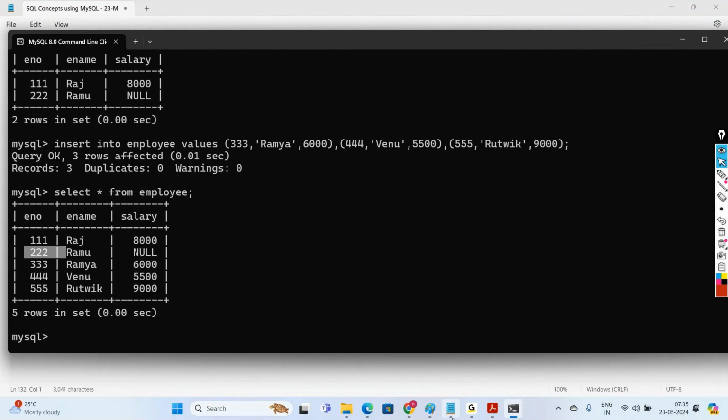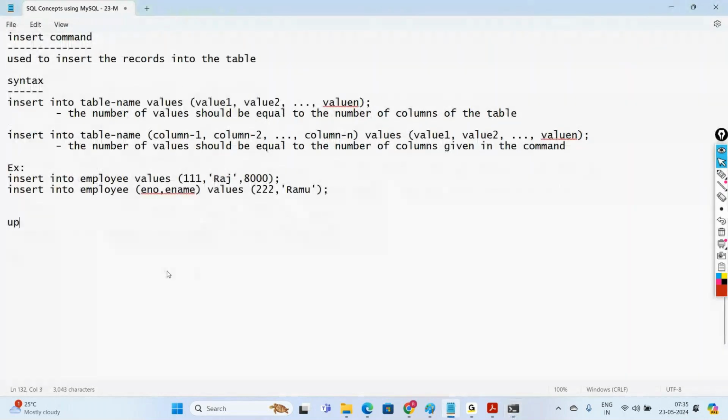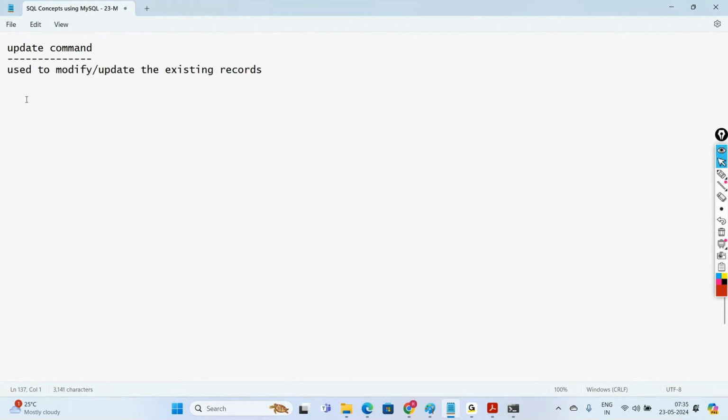Let us move to the next one. Update command. Use it to modify or update the existing records. The syntax is